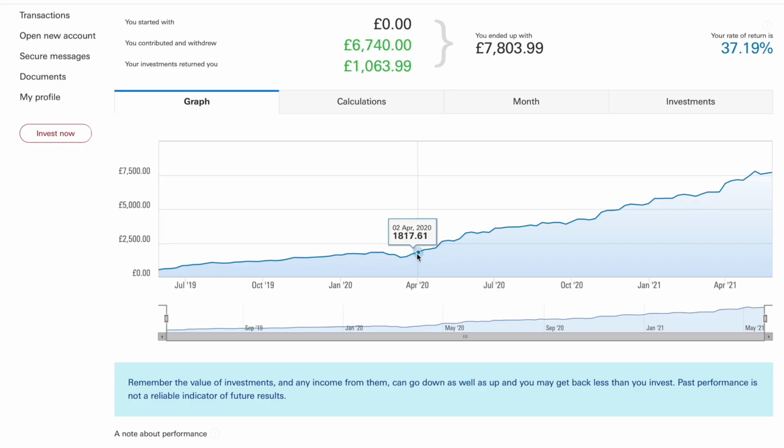Obviously we weren't travelling, we weren't having to move around, we couldn't go out and do anything. So I took full advantage of the extra cash that I had within my budget and made sure that I invested and knew that that would reap rewards in the long run. So I invested throughout that period, and you can see since coronavirus, since the markets have become much more buoyant,